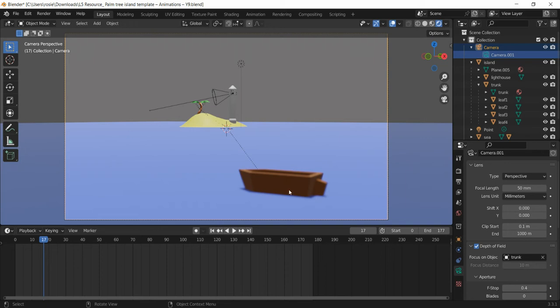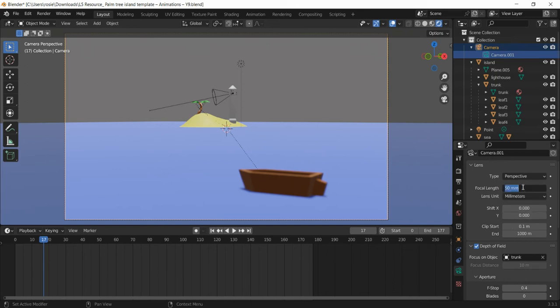Okay, so we can have a little mess around with the depth of field to highlight things we want in the scene. And as you can imagine, if we could use animation, we can then tween between the two things. So could we make the boat in focus and then animate for the tree to be in focus afterwards? Okay.